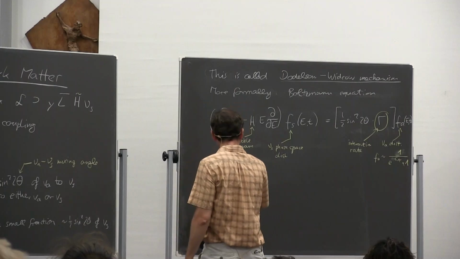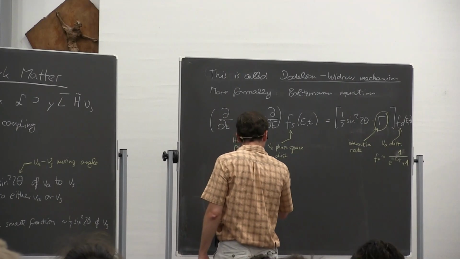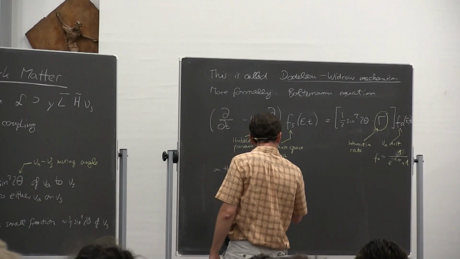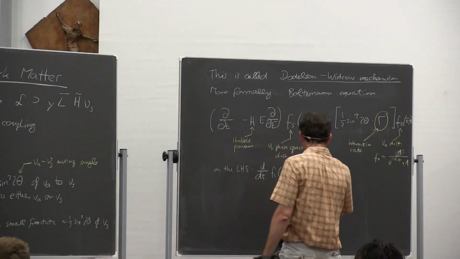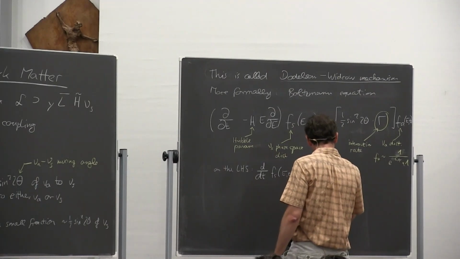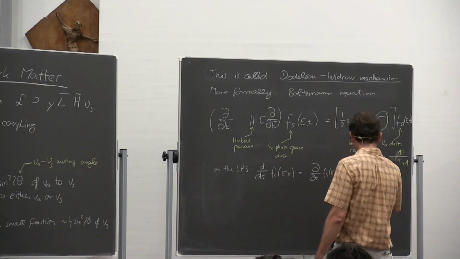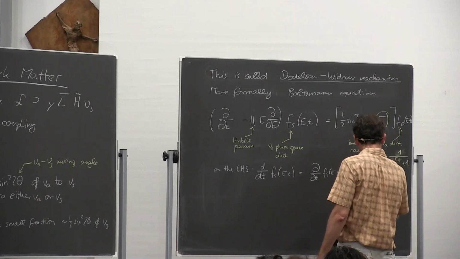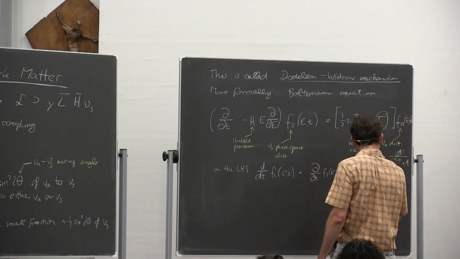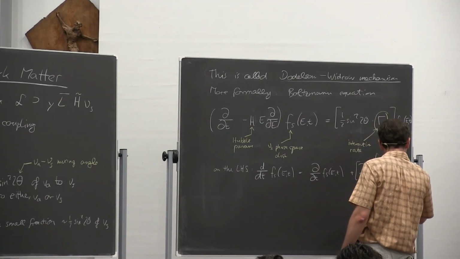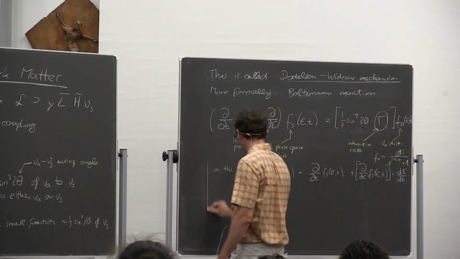And what's written here on the left-hand side is just the total time derivative of F_s, so d over dt, F_s of E, comma t, can be written as the partial time derivative of F_s of E, comma t, plus the derivative of F_s with respect to E multiplied by dE over dt. And dE over dt